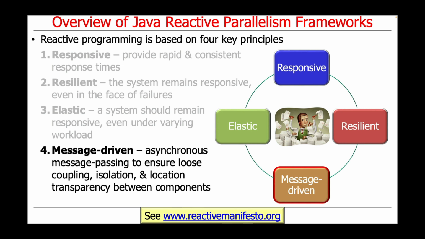And the idea of doing this is to enable asynchronous message passing that ensures loose coupling between components, thereby making them more plug and play. You can replace one without breaking other things. More scalable because you can add more threads to be able to do things. You can add more subscribers with more threads to be able to handle the workloads of more publishers. You want to isolate stuff so you can make it more resilient because a failure in one part won't necessarily propagate everywhere else. And you also would like to be able to make things location transparent, which means that you can take some of the work and move it to other parts of your system.